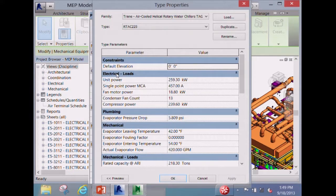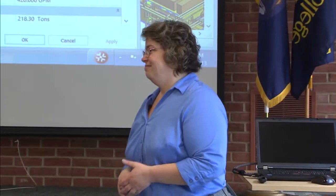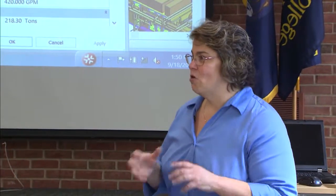So if you're working in the field and you need information, even on your iPad, if you can click that element and have information pop up about it, is that useful? I got head nods. All right. It is useful. You don't have to go digging for the information. If you can pull up the O&M for that, that's going to be helpful, right? Because if there are clearances that have to be around this, you want that information. And if you have that at your fingertips instead of, oh, I got to run back to the trailer, look up this O&M,